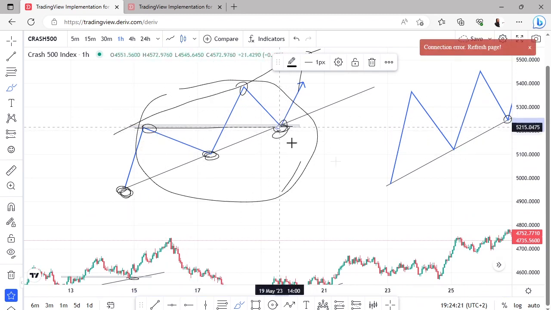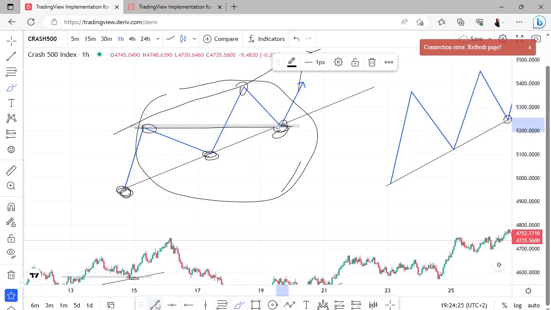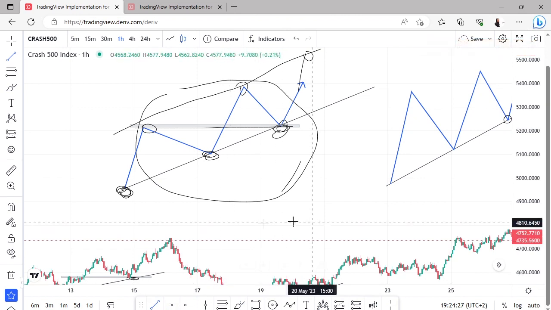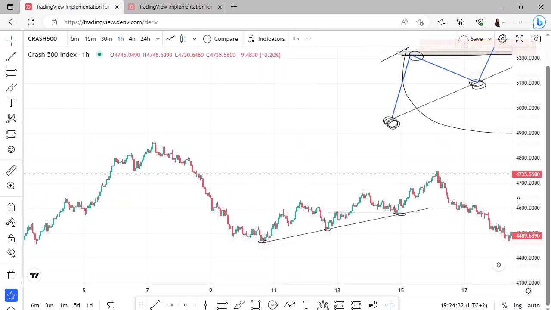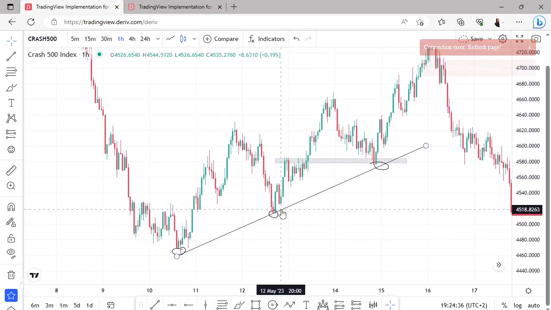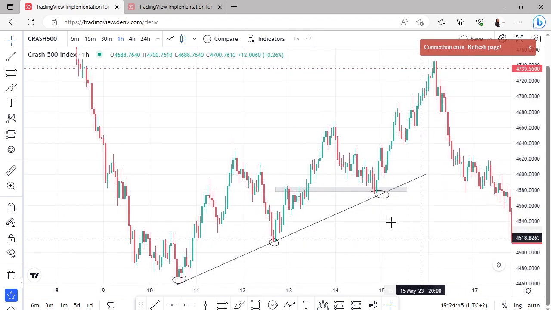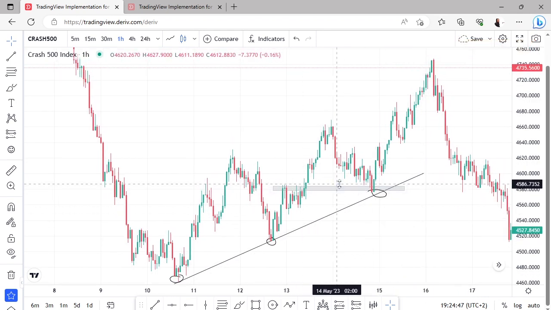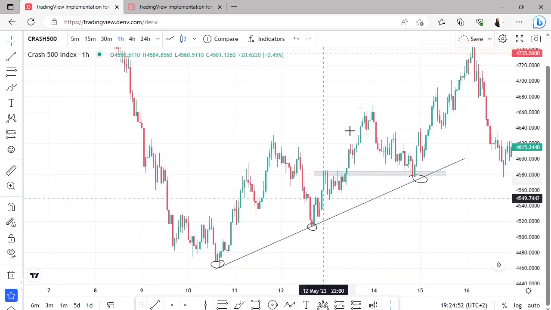Our third touch. And also remember, the market might not come straight to your trend line. Like here, let me just show you. This is our first touch, our second touch, and our third touch. But then the market didn't come where? To touch our trend line over here. So you would have missed this one if you were not also trading the zones. Because remember, we're in an uptrend. So